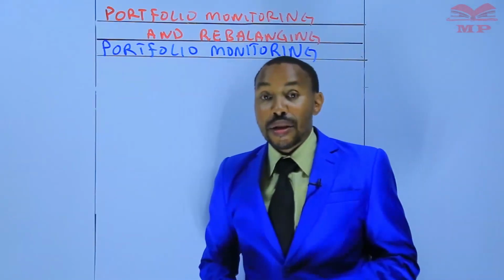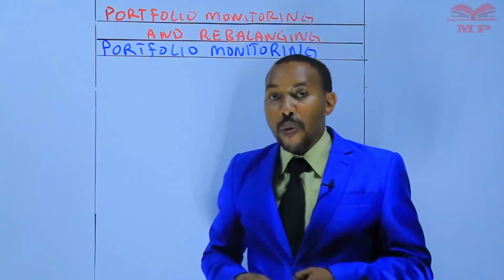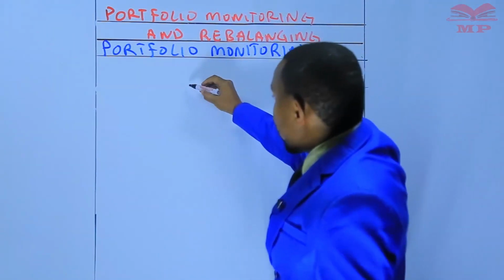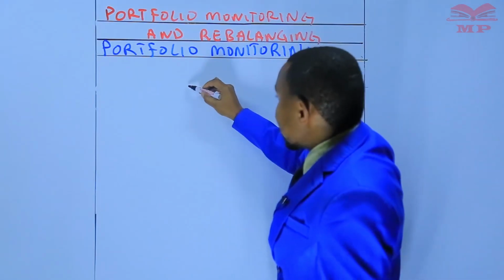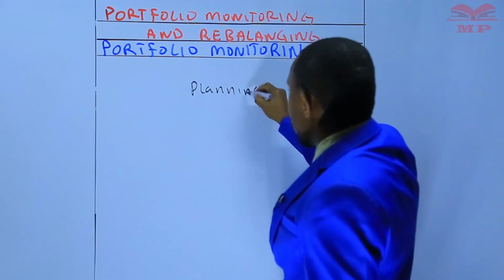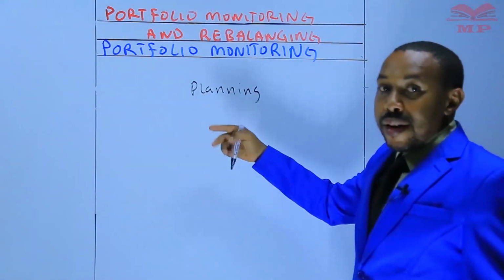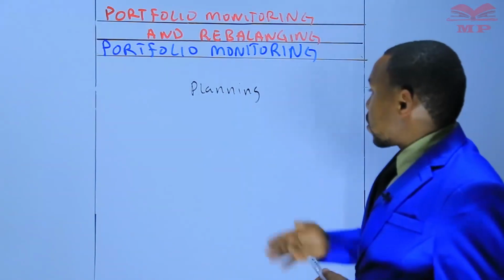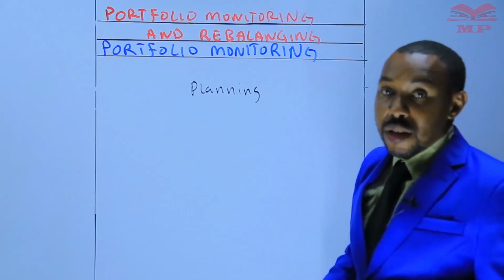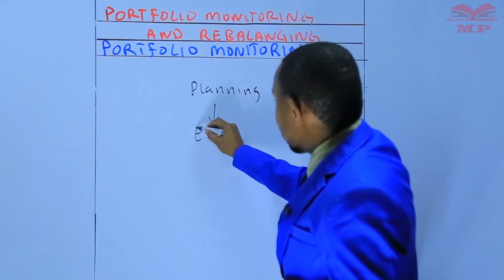To kickstart this new topic, we need to look at a brief background of where we have come from. The portfolio management process requires us to have a planning step, which involves asset allocation and of course trying to create the IPS, or the investment policy statement, the objectives and the constraints. Then we move down now to execution